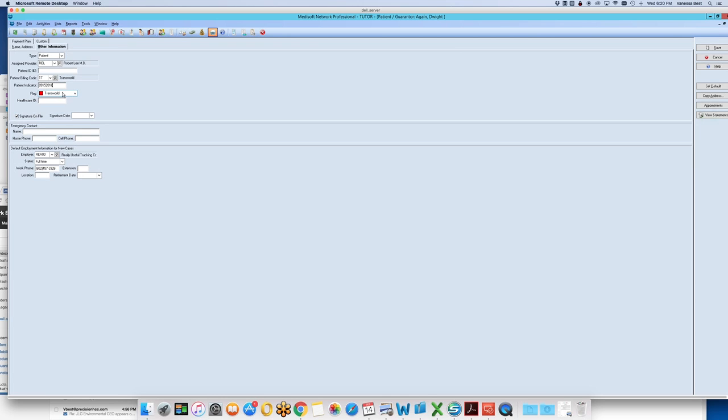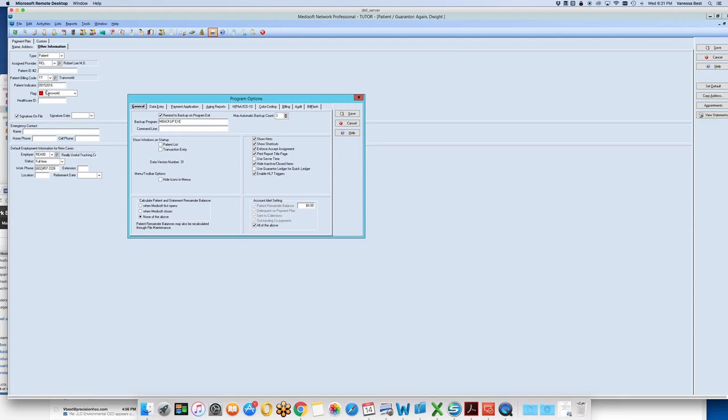The next thing that will be important for you to do is to flag the patients. This is not required, it's optional, but I think it's important to have a visual so when you're looking at your accounts, you will automatically see by means of a color what patients have been referred to Transworld. Now, to set that up, you need to go to File and then Program Options. And for this, you need to be a level 1. You go to color coding,